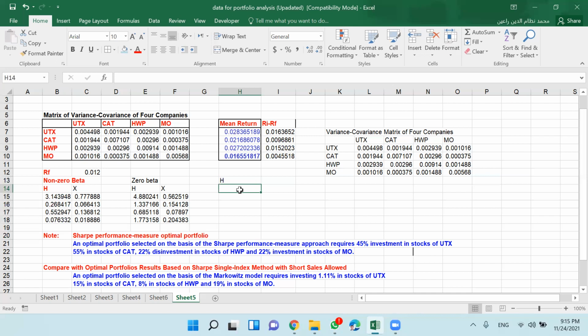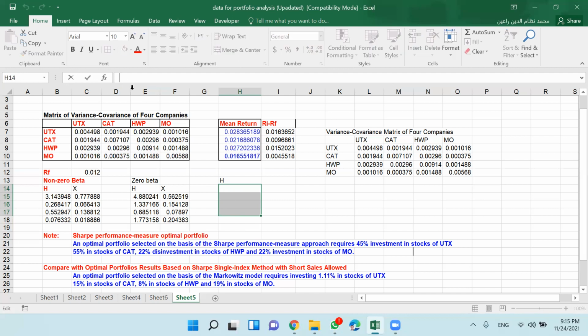Okay, this is non-zero beta. And if we subtract, then of course this is called the zero beta portfolio that we want to construct. So let us choose 4 by 4 space for the column vector. 4 by 1. 1 column, 4 rows. 4 by 1.